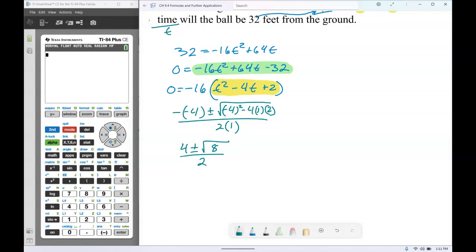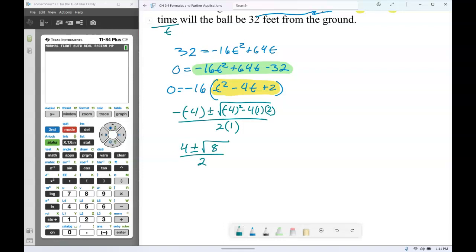And then our denominator's 2. Since my discriminant's 8, how many and what kind of solutions will we get? Can you square root 8? Nope. So are we going to have rational or irrational answers? Irrational. How many? Two. We will have 2 irrational solutions, which is why you can't guess and check, because your answers are going